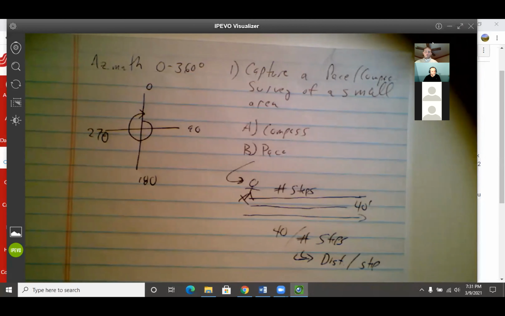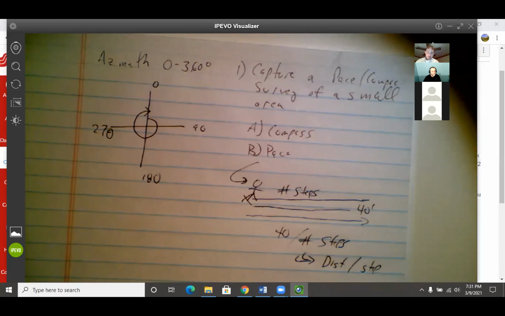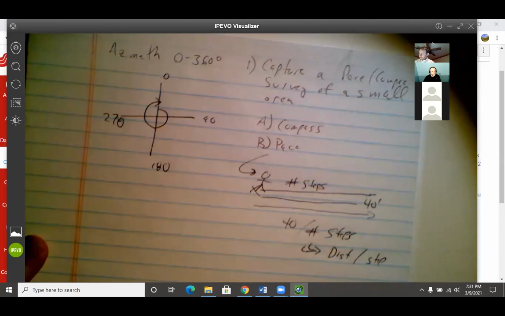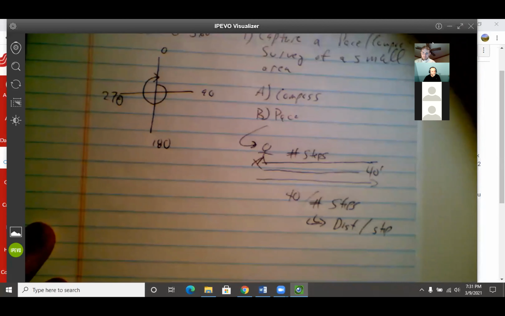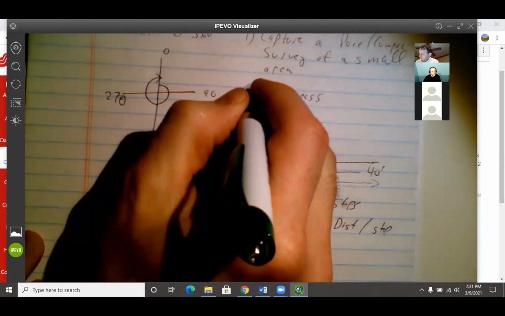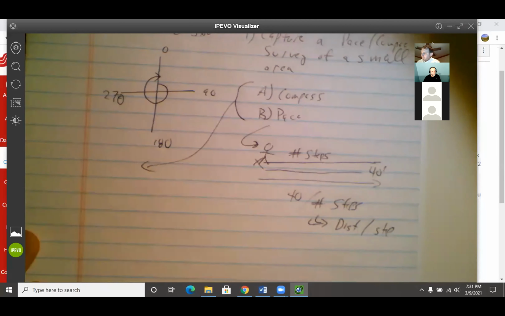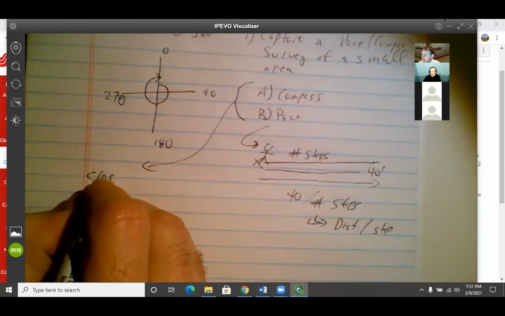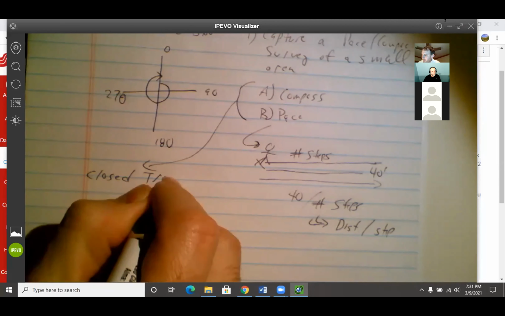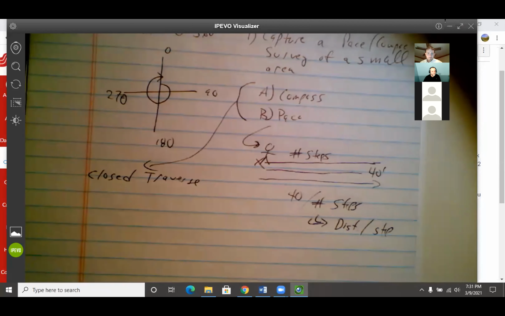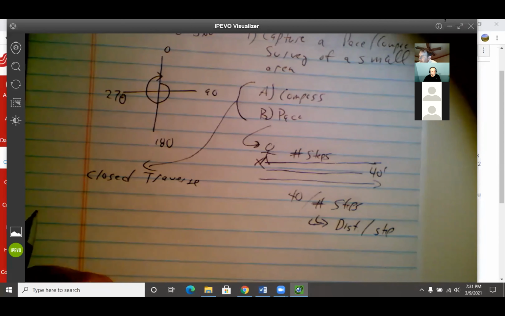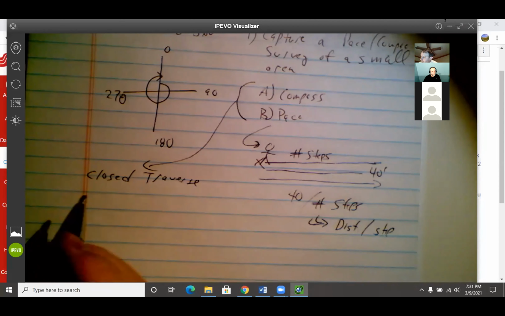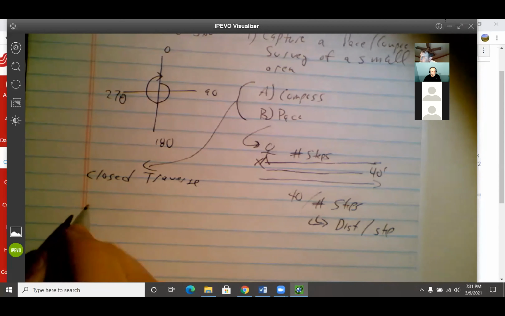All right, so the lab itself will be to capture, as I mentioned, a small survey area, a closed traverse. So what we'll be doing is creating a closed traverse and assessing that for error. So our goal is to assess error of a closed traverse. And a closed traverse means if we have a starting point